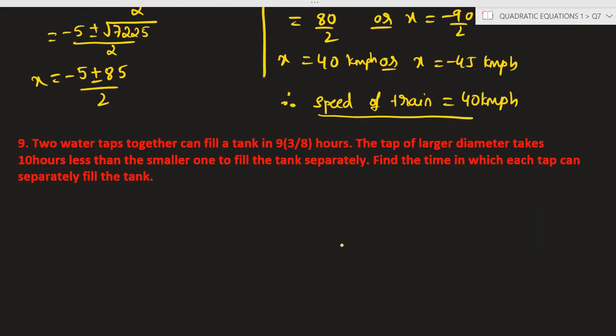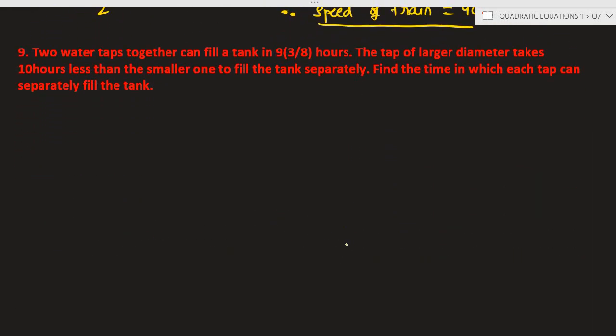Two water taps together can fill a tank in 9 3 by 8 hours. The tap of the larger diameter takes 10 hours less than the smaller one. Imagine that there are two pipes, one is of the larger diameter. How much time is it taking to fill the tank? Imagine that it is a tank. In order to fill the tank, it is taking time